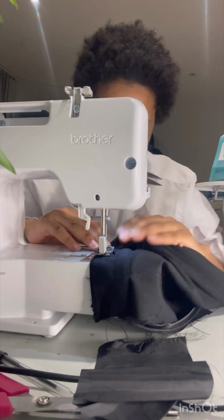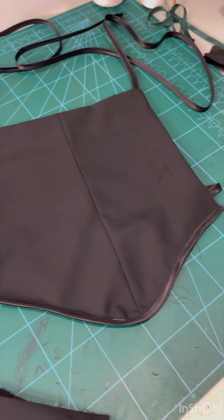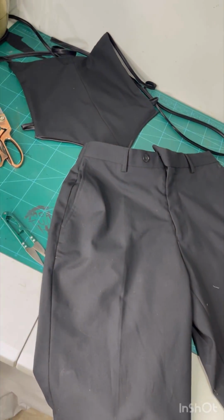Exactly, this video is just to show you the process of how I made it. I'm not going to explain the exact measurements. It's not a full tutorial, but I love it so much because of my style, like I said before,